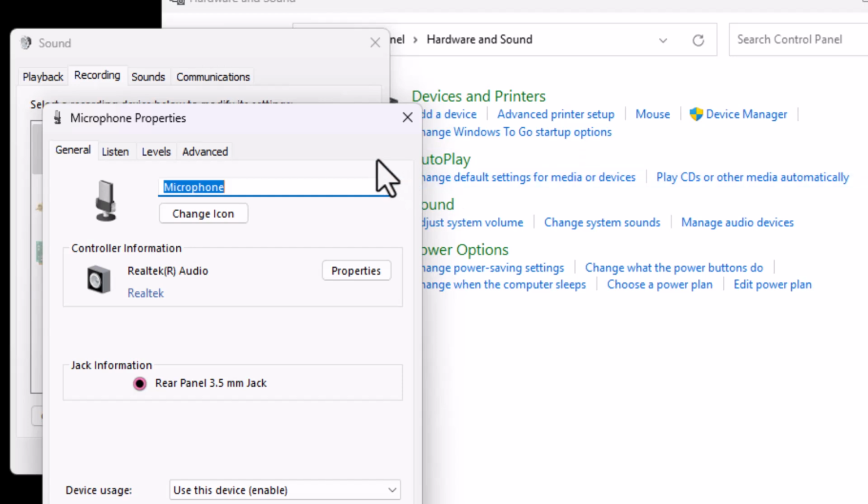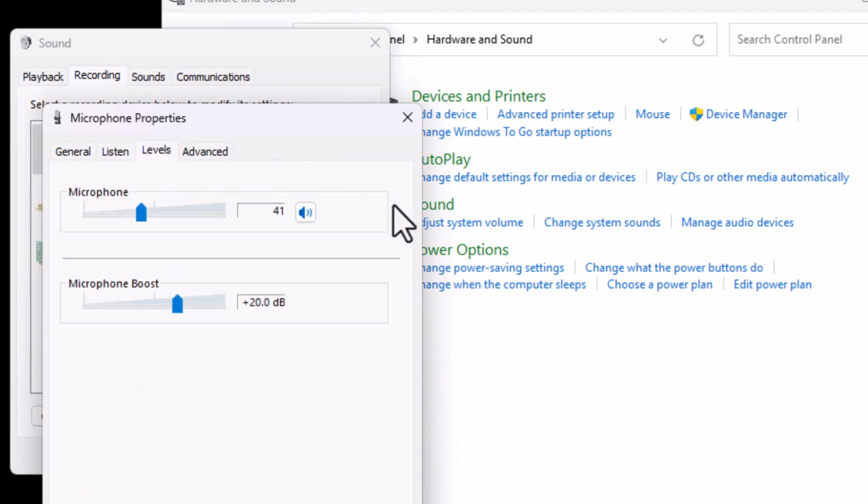Inside the Properties window, click on the tab named Levels. This tab controls the volume and mute status of your microphone. Finally, check the mute icon in this section and unmute your microphone if it's muted. Once unmuted, your mic should start working